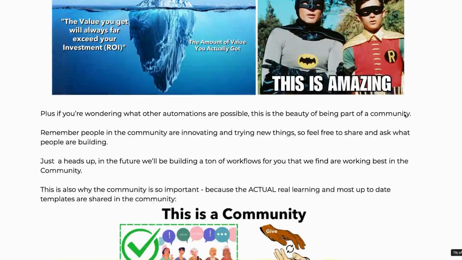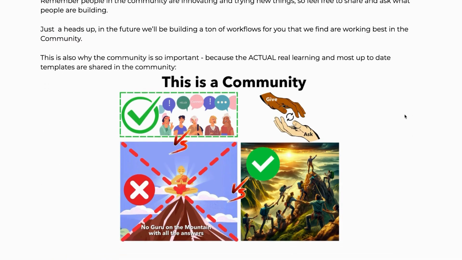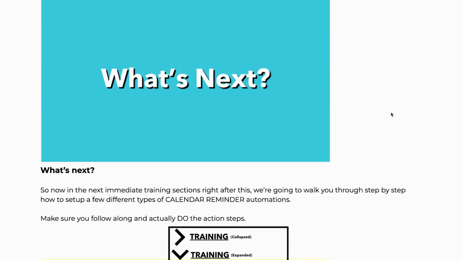of your business platform. Of course, as this selection of automations continues to grow and we see that different people built different tools and automations inside of the community, we're going to be able to copy and paste those directly into your ClientKit account, so long as you keep your membership status active with the Institute. Ladies and gentlemen, what's going to happen next is that right after this training, we are going to